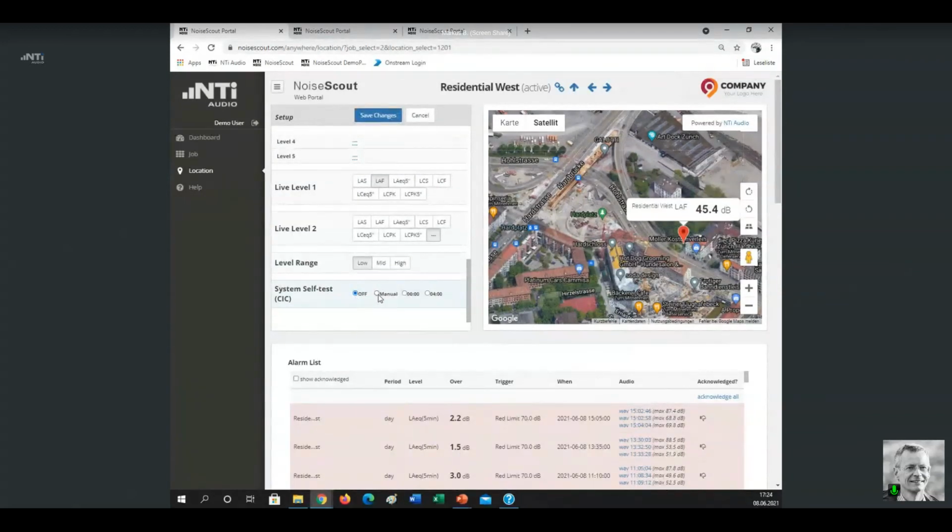I can switch it to manual, or I can let the system execute this test once per day, always at midnight, or if you prefer at 4 o'clock in the morning. For instance, if you are monitoring a live event, a concert, probably it's not finished yet at midnight, so you would execute that self-test early in the morning.